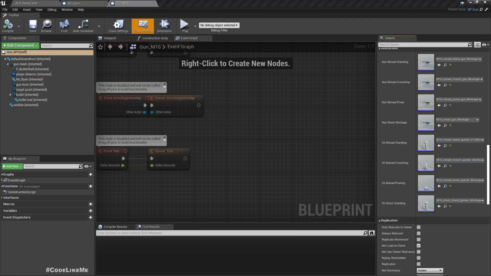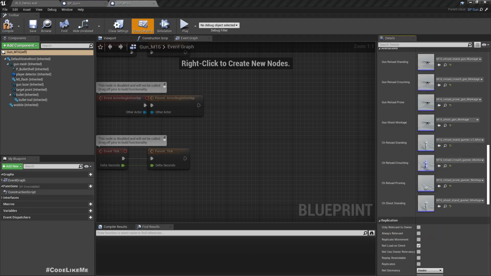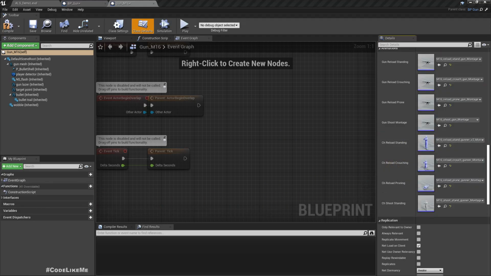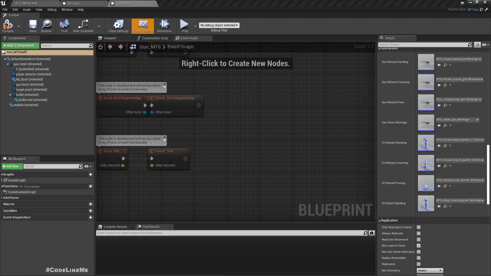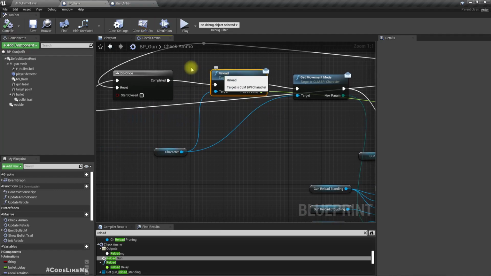So let me set those animation montages instead of these ones. Reload crouch, reload running, and reload stand, shoot stand. Okay, now we have compatible animations stored within the gun blueprint, but I still haven't set up this reload function